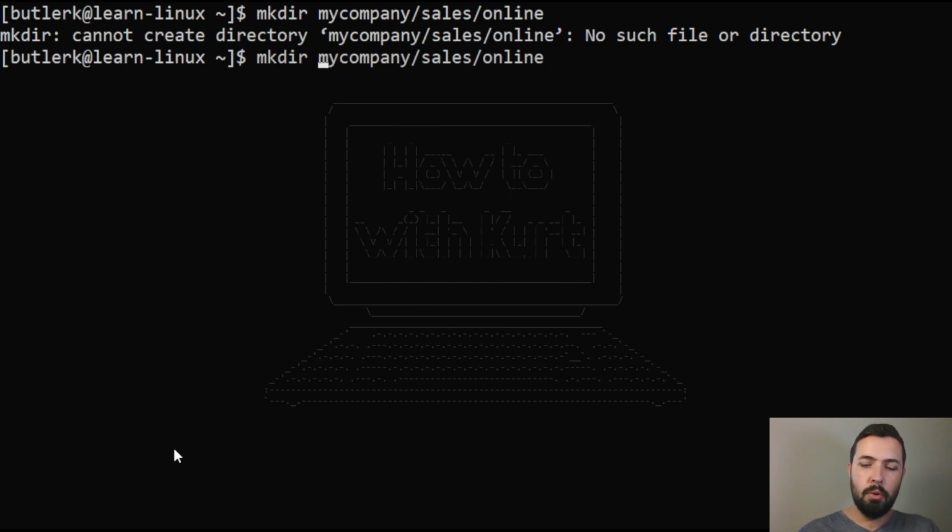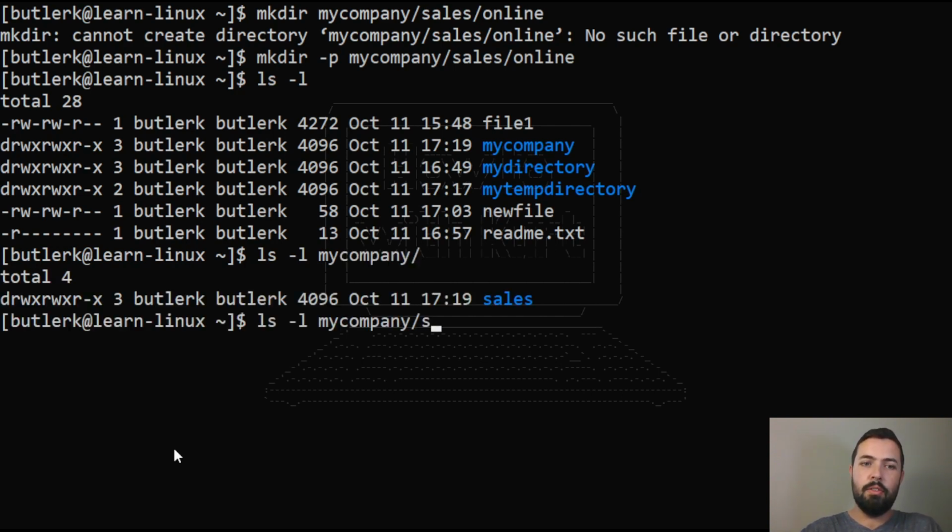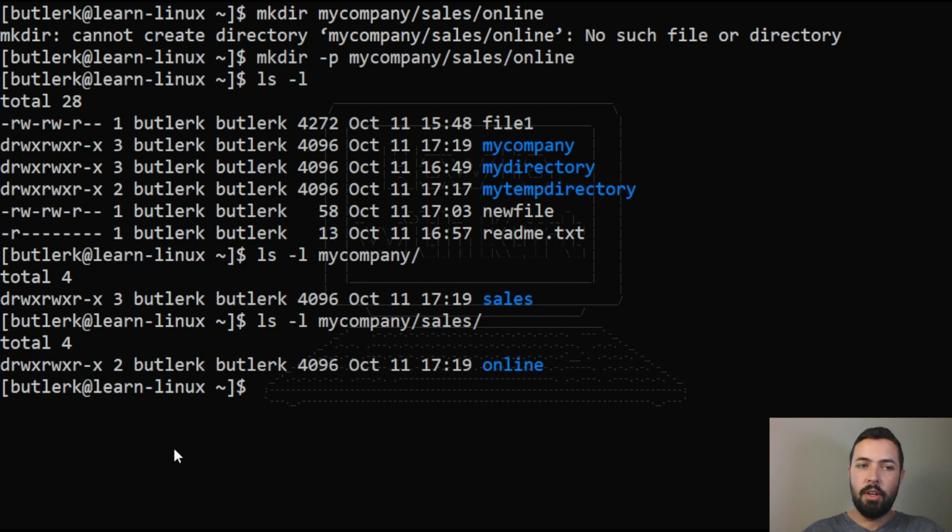So when I come up, I'm going to add -p. Now when I hit enter, the command prompt comes back. If I do a listing, I see my company. If I do a listing of my company, I see the sales directory. And then if I do sales, I see online. And now I can do the same thing again. I technically at this point don't need the -p, but what I can do is I can go ahead and type